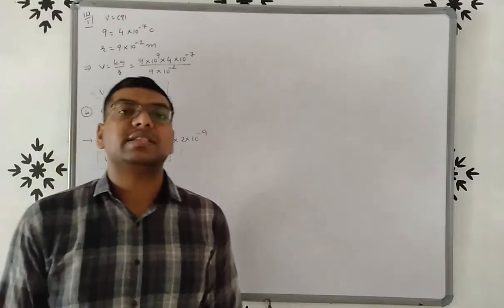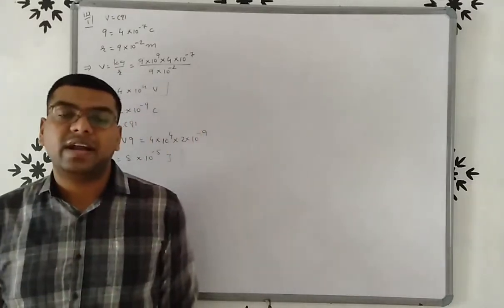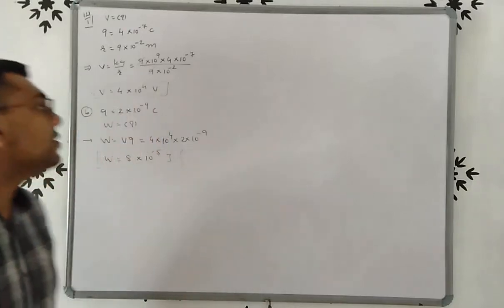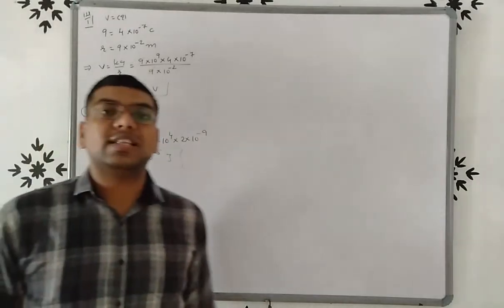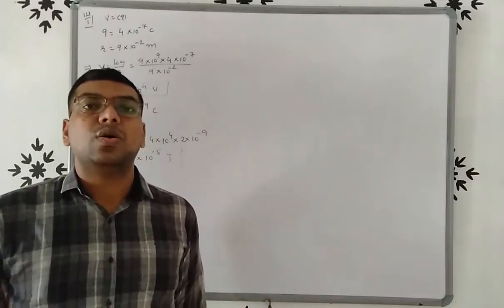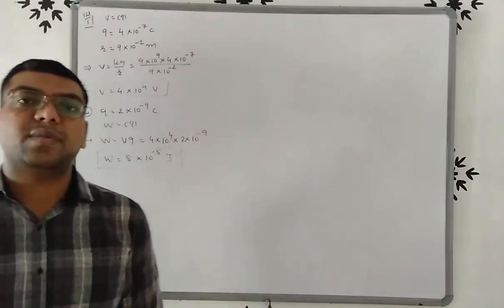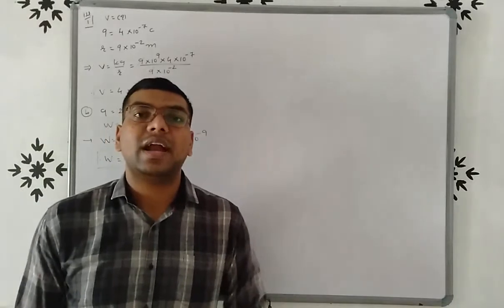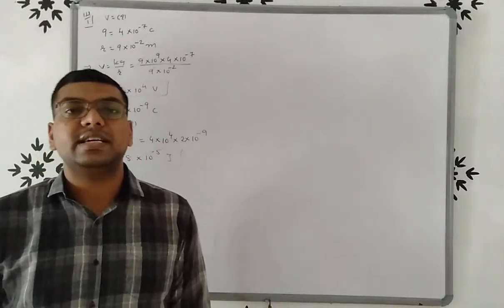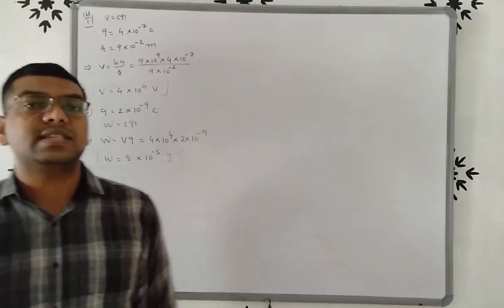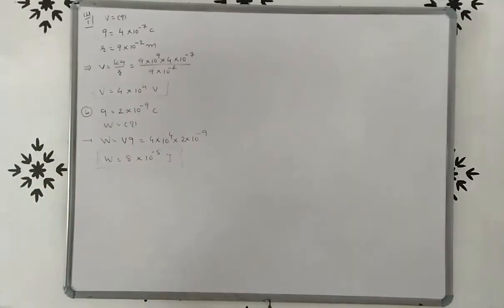So this is a very easy example. We have to find out potential. So we know that V is equals to KQ by R. To bring the charge Q, we know the formula of work done W is equals to VQ, right? So friends, if we know the formula, then we can easily calculate this example. Right. Now see friends,